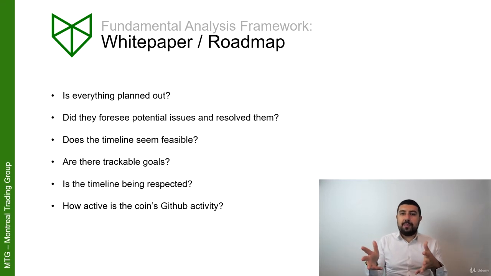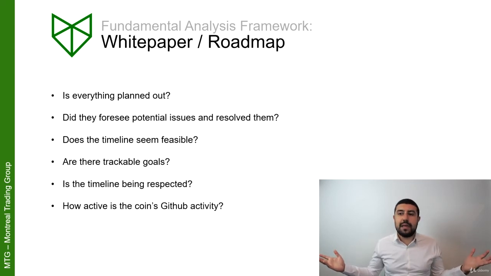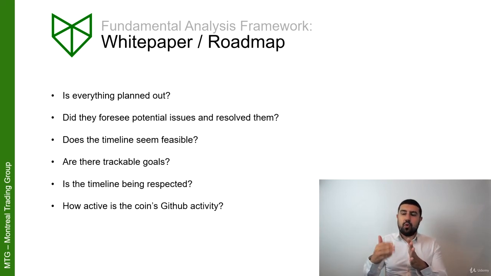You want to see in the white paper whether they already foresee potential issues and tell you how they are going to resolve them. It's important, because in some roadmaps, they pretend that there are no issues. That's not true, right? The timeline that they have, is it feasible? I've seen timelines that are extremely short, and the teams are never able to get things completed. And when a roadmap is not followed, people lose confidence in the coin. If you say you're releasing something by 2019 and something by 2020, and in 2019 it's not released, people don't trust that you're going to be able to do the rest, right?